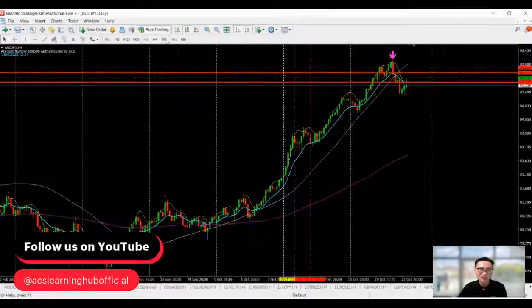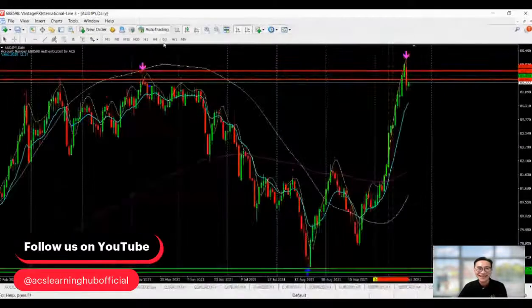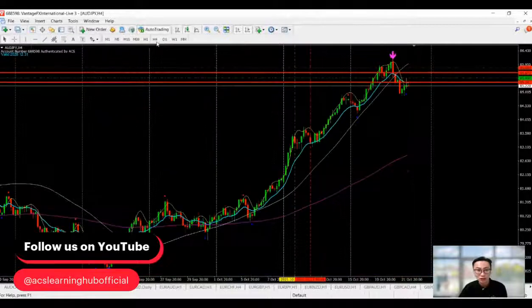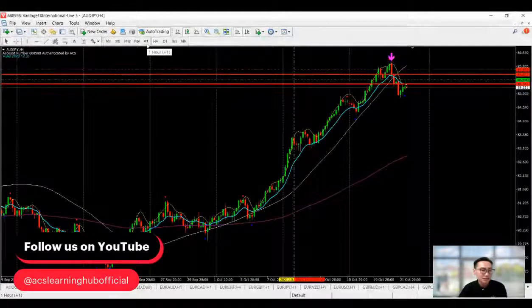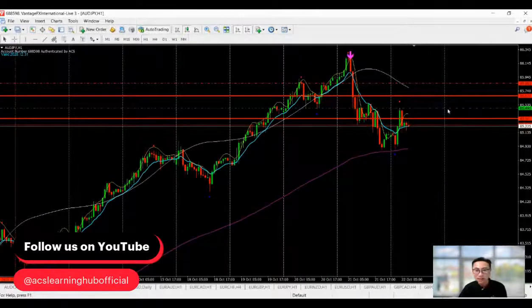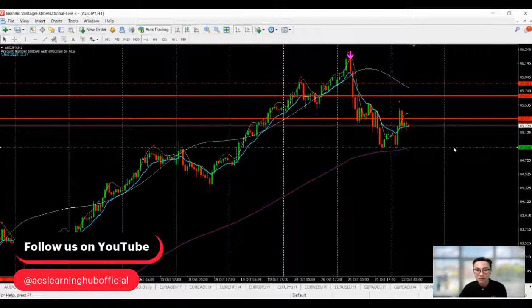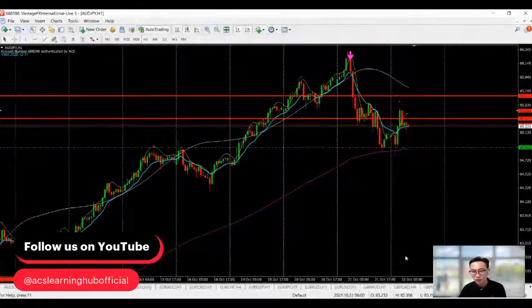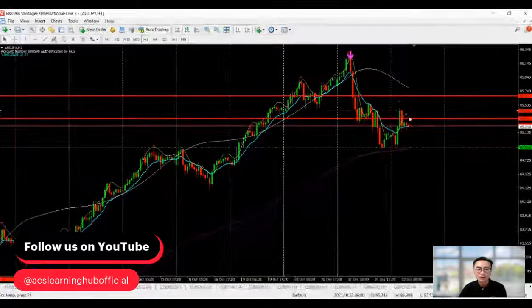Alright, let's take a look at Aussie Yen. Aussie Yen is something that I've been paying attention to. We are now officially in the bear market. But of course, when you go into a bear market, I cannot say that it will definitely go in one straight line with 100 pips or one candle to short, am I right? So there will be bound to be some retracement.